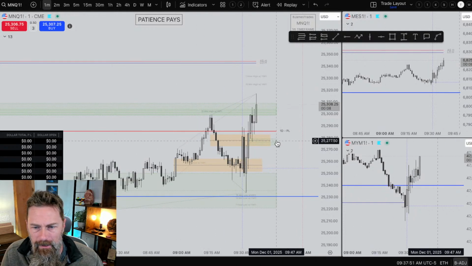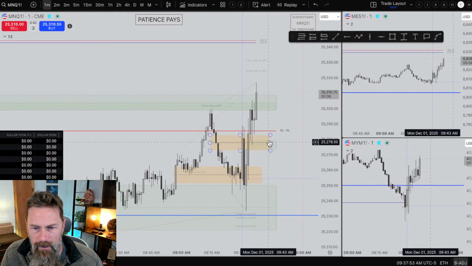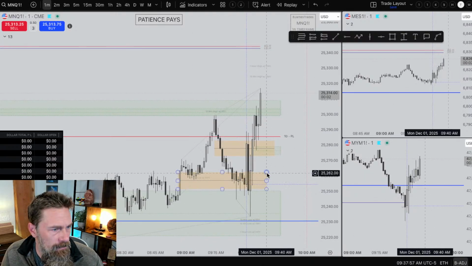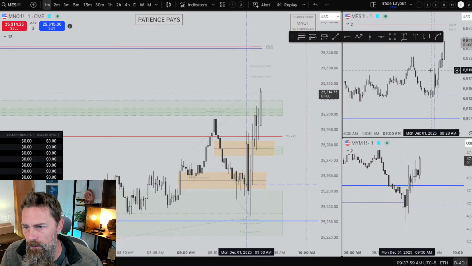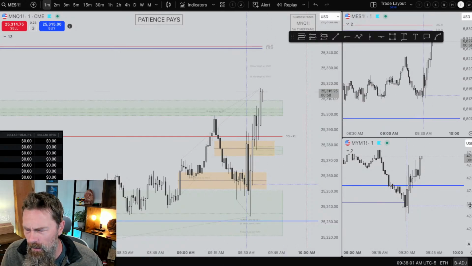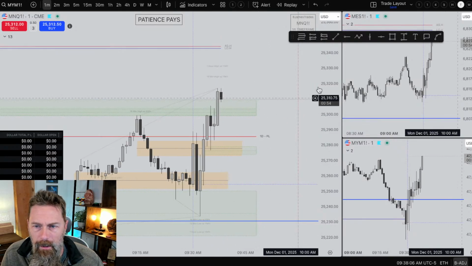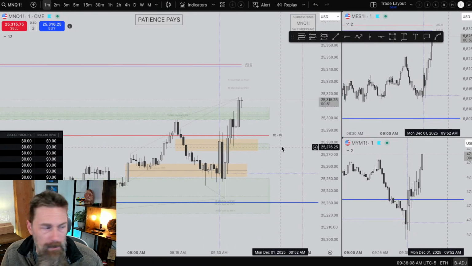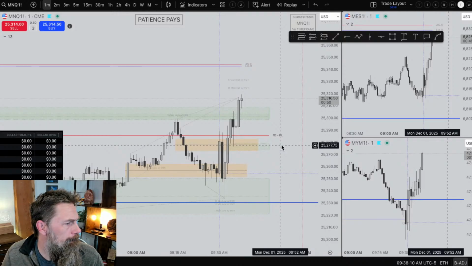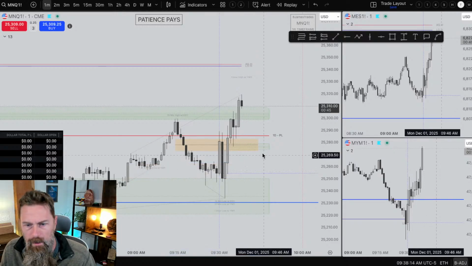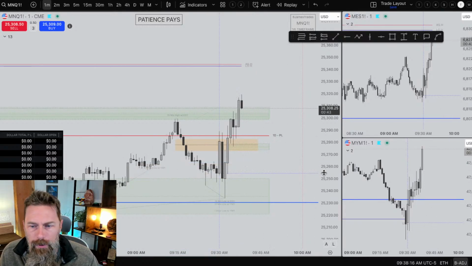You can see I kind of had some fair value gap inversions labeled here. And so yeah, let's get situated here in the charts. I already did my pre-market analysis. I did my pre-market mental frameworks. So